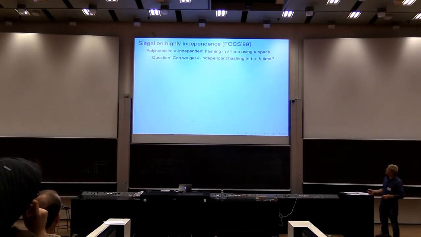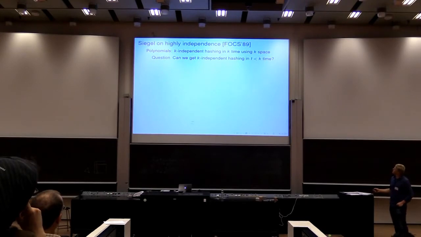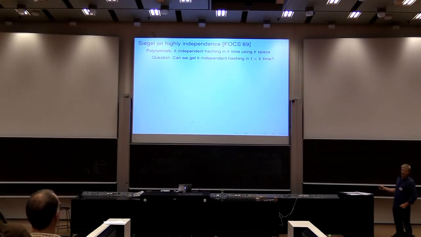So, Siegel had a wonderful paper. I think it's very hard, but it's very interesting. He asked, can we get k-independent hashing using t less than k time? We know we can do it in k time. We just have to take each of these coefficients and multiply it and stuff like that. But can we do something with just k minus